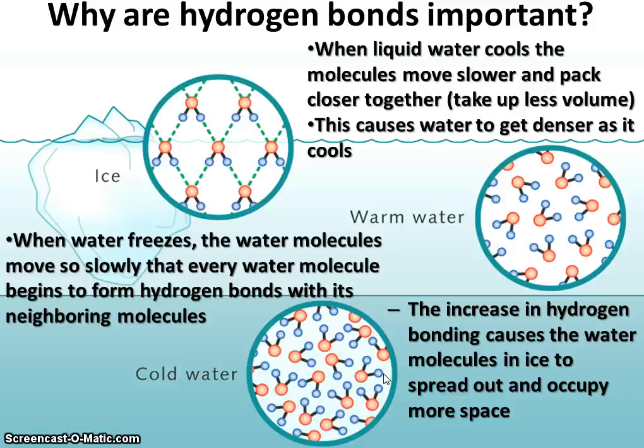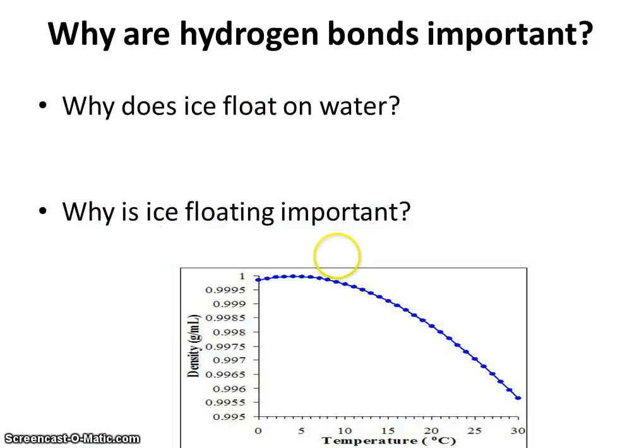As a result of forming hydrogen bonds and not breaking them, water will actually begin to form a lot of hydrogen bonds around 4 degrees Celsius. And when it forms a lot of hydrogen bonds around 4 degrees Celsius, it begins to float. So it's because of those last 4 degrees, where you get lots and lots of hydrogen bonding, that water molecules spread out and cause solid water, or ice, to be less dense than liquid water.